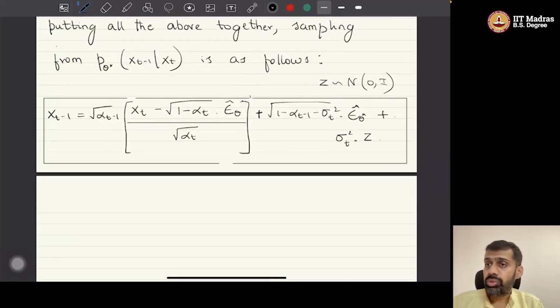Okay, I hope that this is clear. I mean, this looks a little complicated, but it is not. All we are saying is that by training one DDPM network, we are training a whole family of non-Markovian processes whose sampling procedure is given by this particular formula. Okay. Now, what is interesting is when